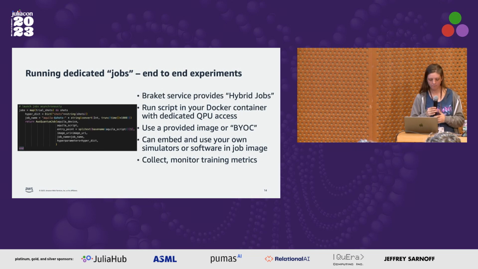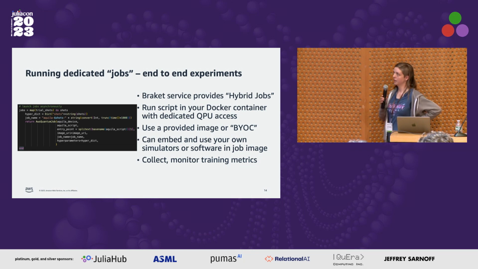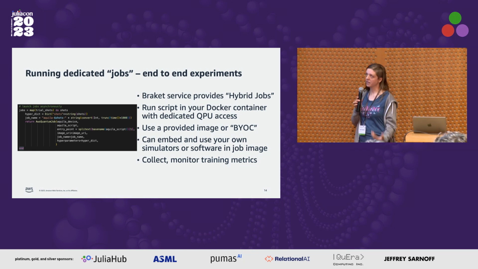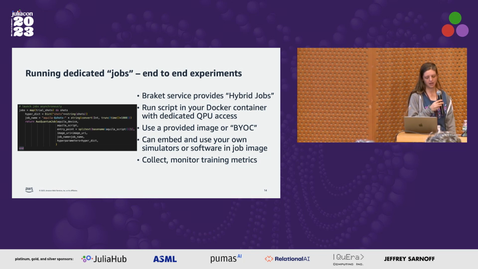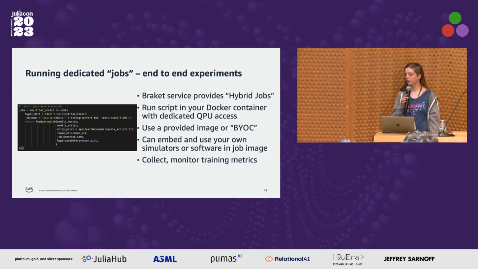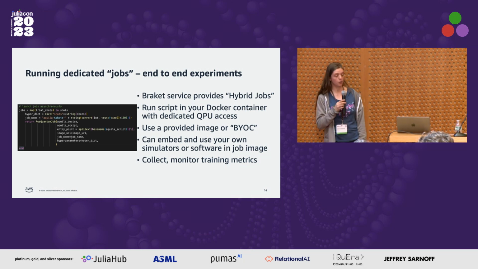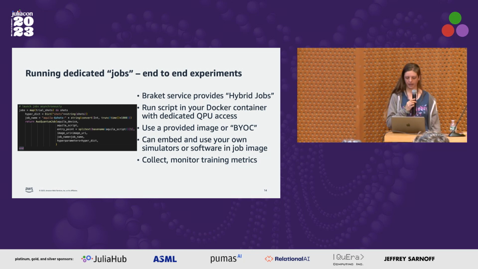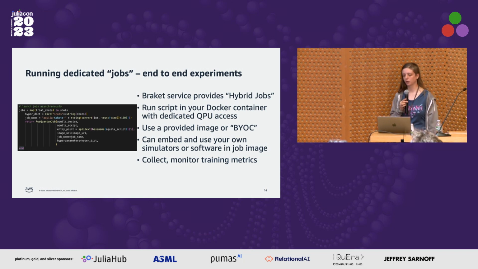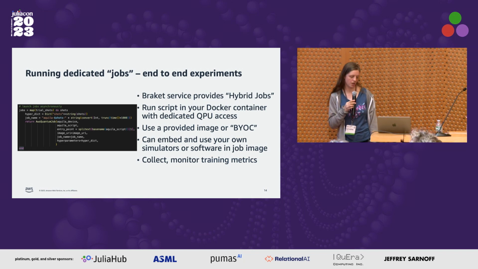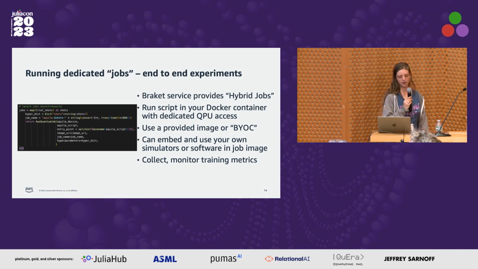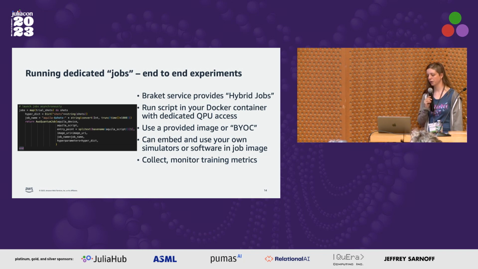And then finally, we are able to run so-called dedicated jobs, which you can think of as end-to-end experiments. So this is a feature we offer called hybrid jobs. Effectively, what it is, you have a Docker container and some script that you want to run. So an example of when you might want to do this would be, let's say you want to run QAOA on one of the devices we offer, or you want to compare how two different devices run the same QAOA algorithm. So with jobs, you can spin up a Docker container with whatever software you want